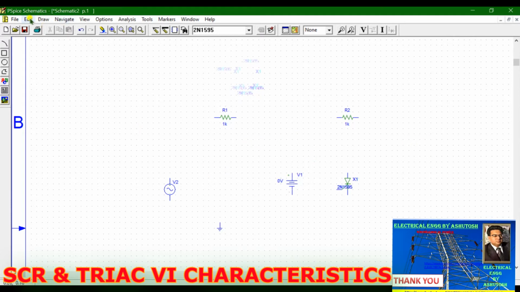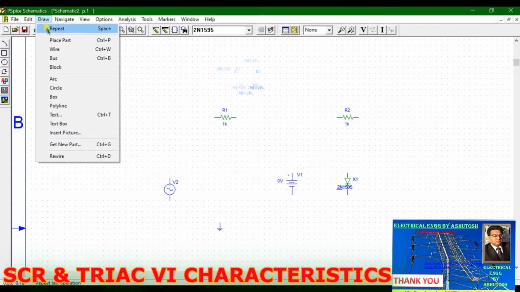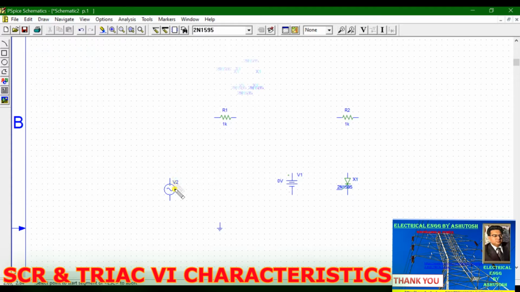Okay, then go to draw and select wire. So guys, now join this supply source to this resistance like this. Okay, and then connect this line from here to this, like this.